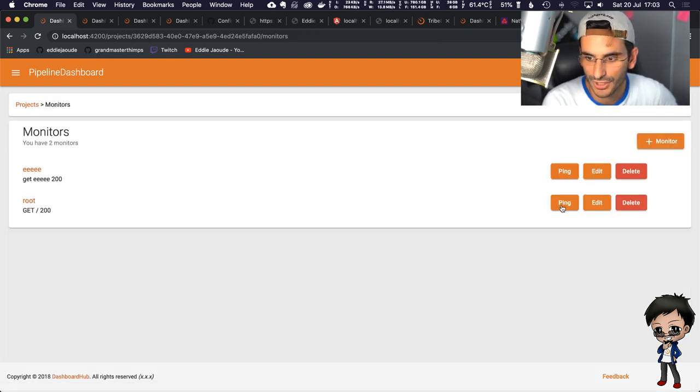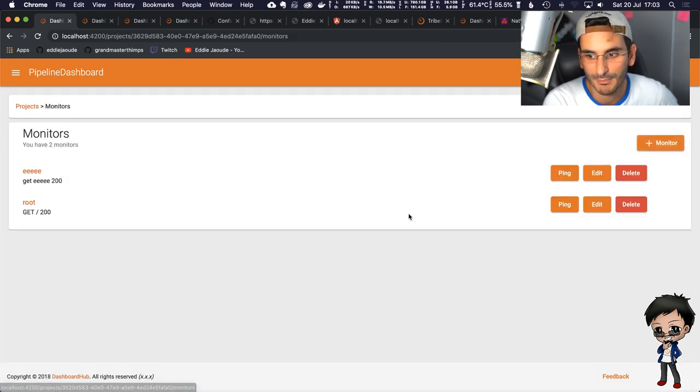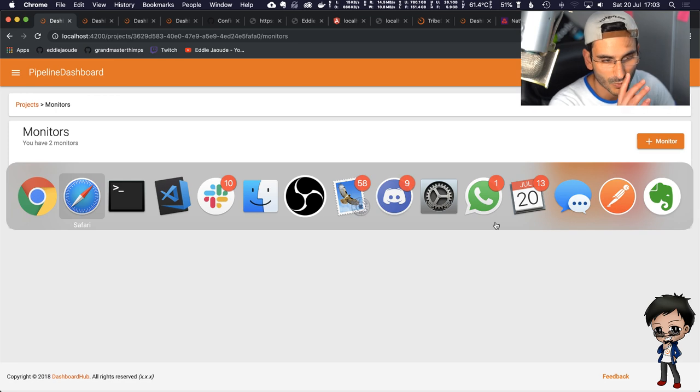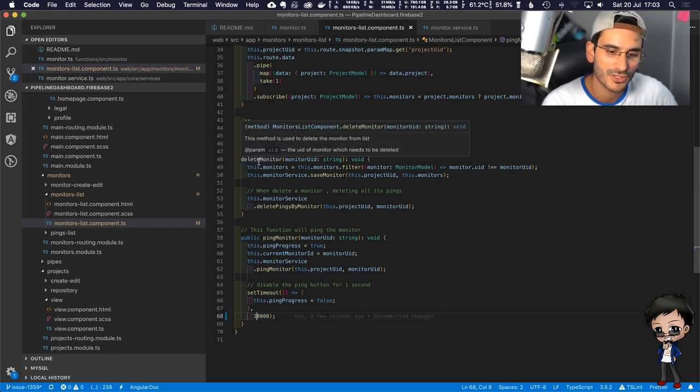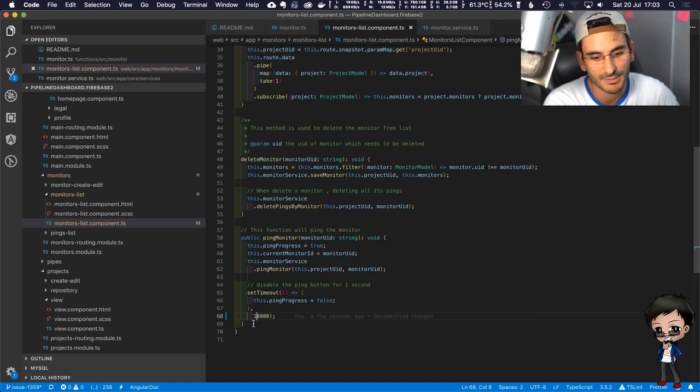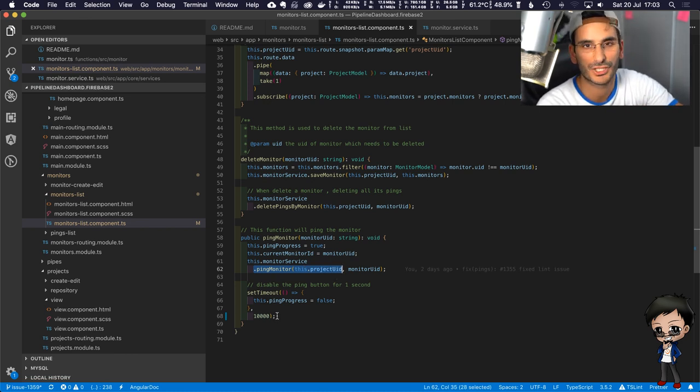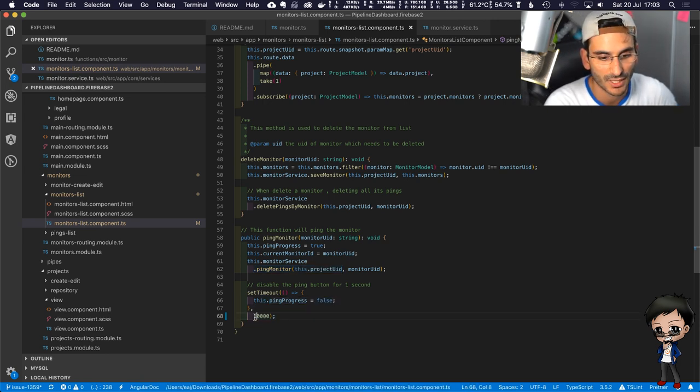And so the work Kush has done was to disable ping for 60 seconds. So look, if I click, I can't keep hammering it. However, I have just noticed if I go forward and come back, the ping becomes available. So that was one thing I was a little bit concerned of, is the component, I guess, destroys itself and reloads itself when you come back. So this probably needs to be kept in a service which doesn't get destroyed, so a singleton is kept. So let's maybe move it to the manual ping of this service. I won't change the code, even though I would like to change it to a debounce. Let me just see if I can get it working and see.